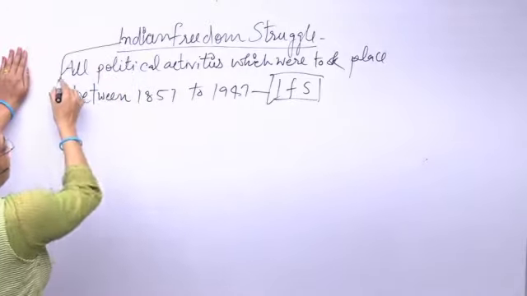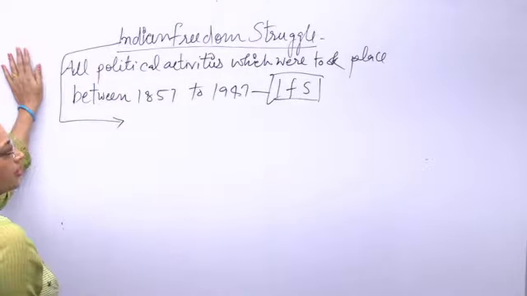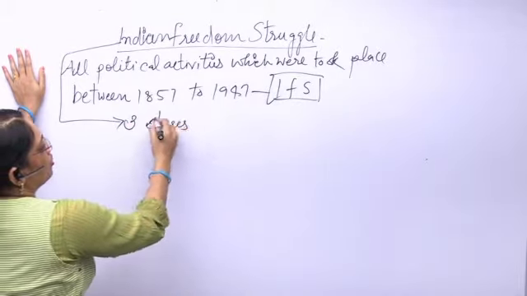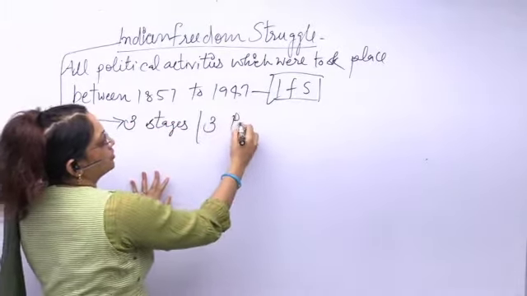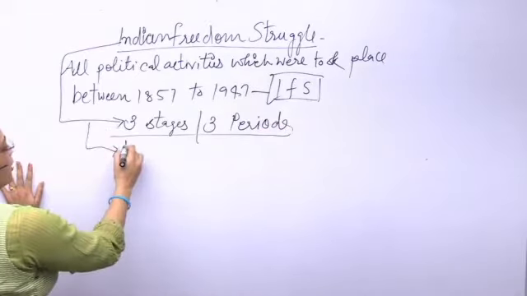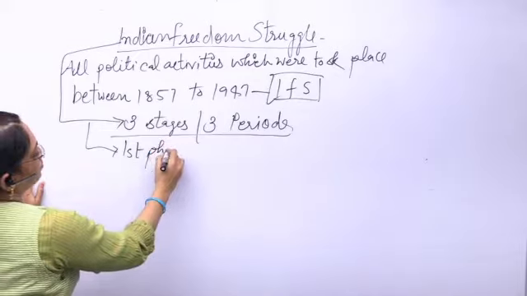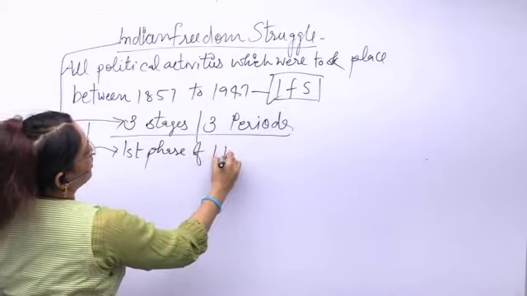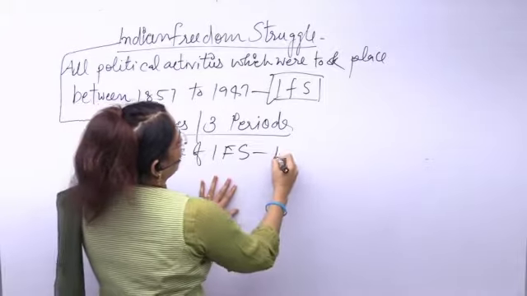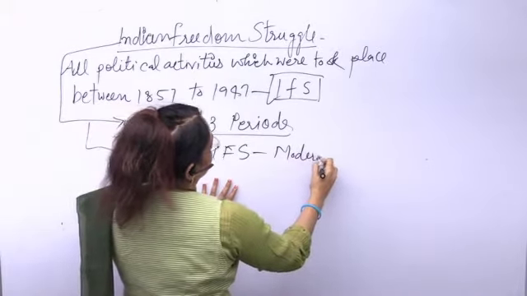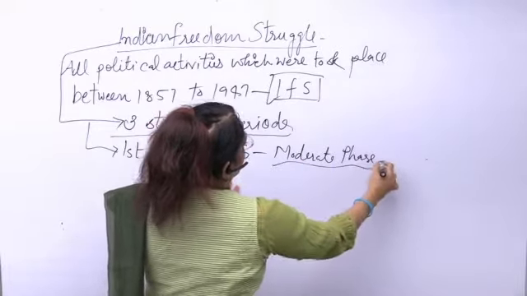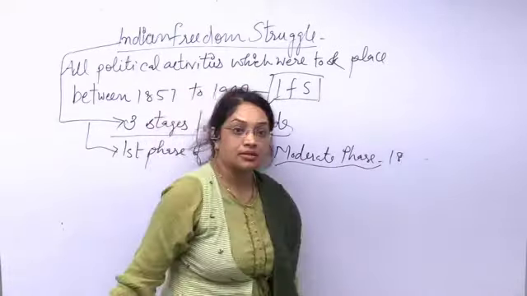The Indian freedom struggle is studied under three stages or three periods, right? The first phase of the Indian freedom struggle or Indian national movement is the moderate phase. Moderate phase, right? It starts from,